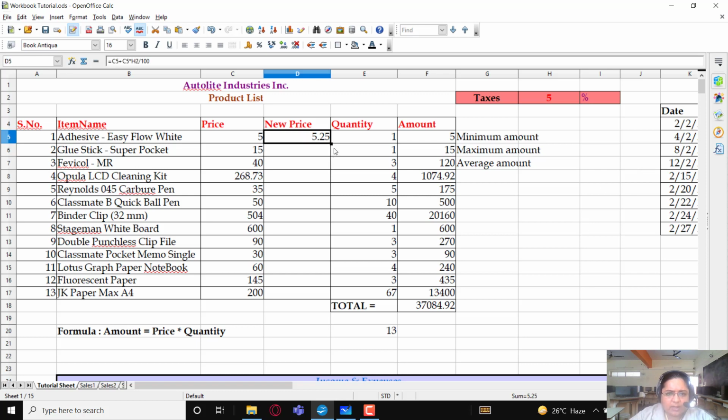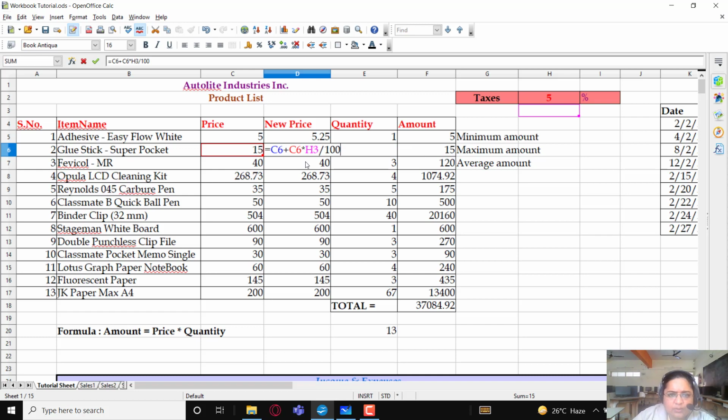Now I'll drag it down, but I see that there is something. You can see here H3 is used. Earlier it was H2, now it is H3, as this blank cell has been highlighted.